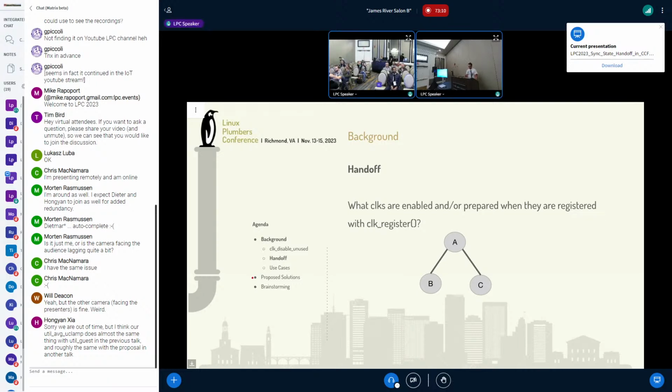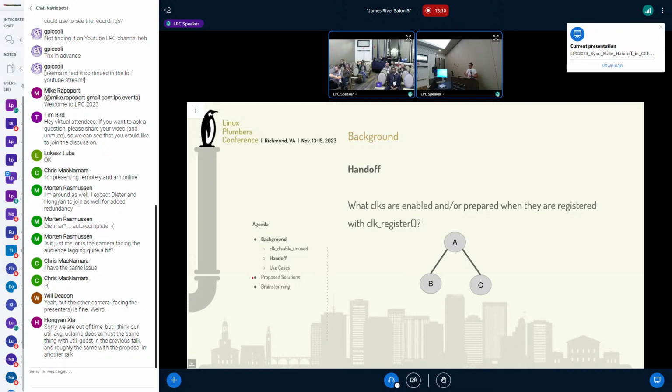The other problem I wanted to mention with this diagram of A, B, C is that these clocks may be shared across different clock controller devices. You have a struct device for B, and a struct device for A and C, and the A and C clocks exist in one device, and all these clocks are on. The driver for B doesn't probe, doesn't register the clock, and then late init runs.